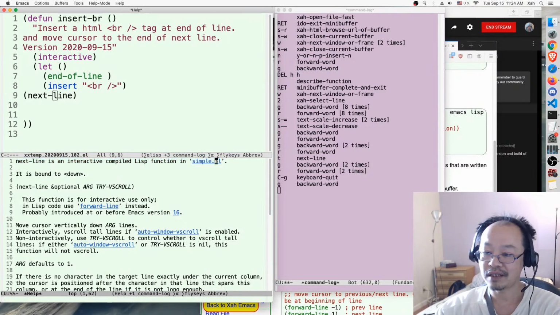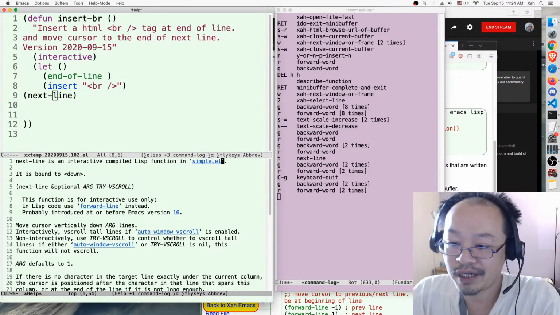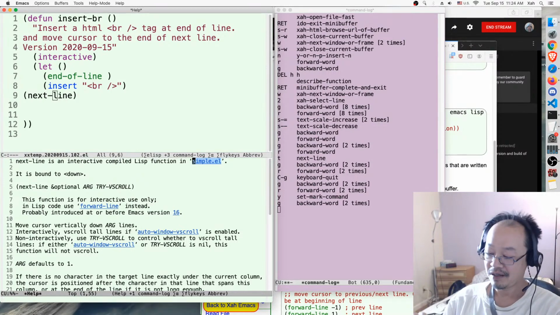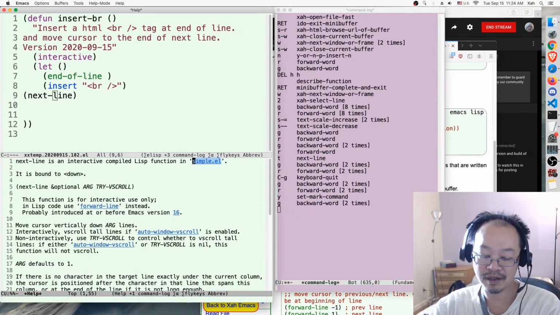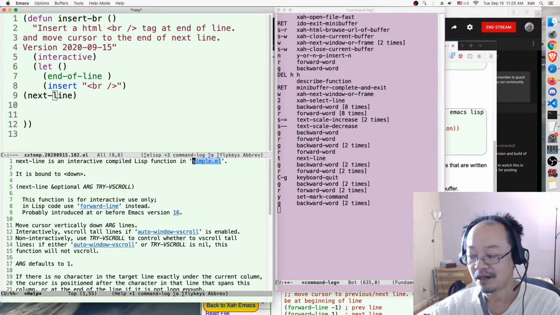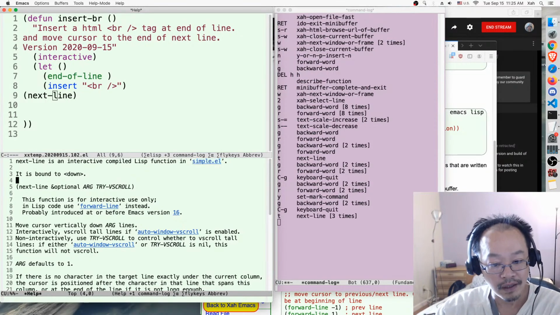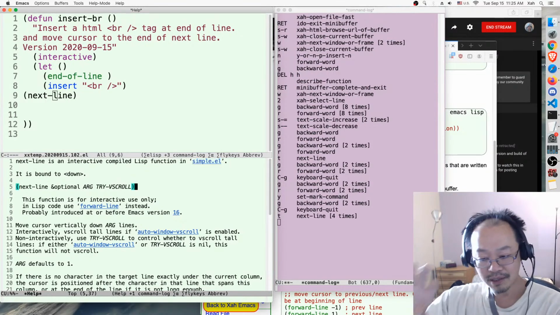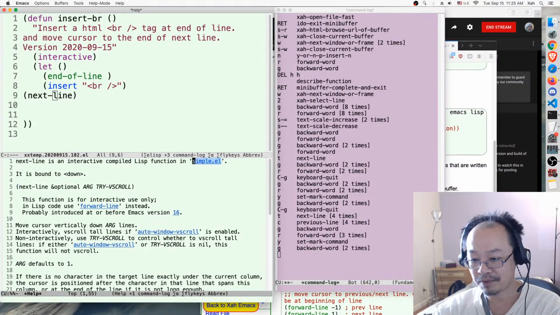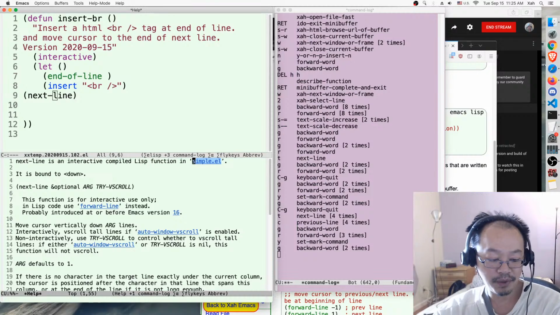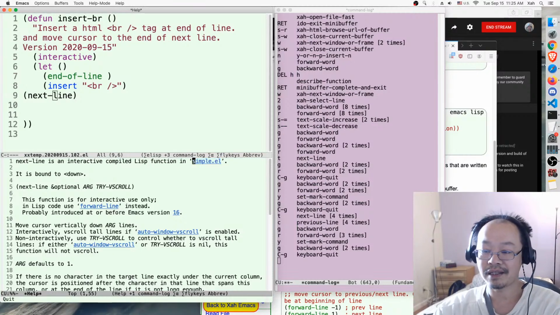So you don't have to avoid it, but if you really want very tight and efficient code, usually it's preferable to use the C core function. So that's one thing to pay attention to, whether the command is written in C or Lisp. Now the other more important thing to pay attention to is that in Emacs Lisp,